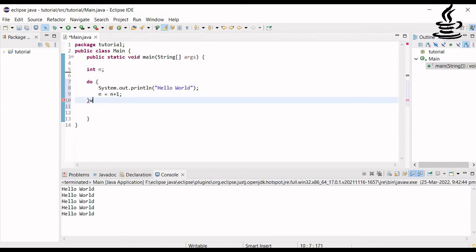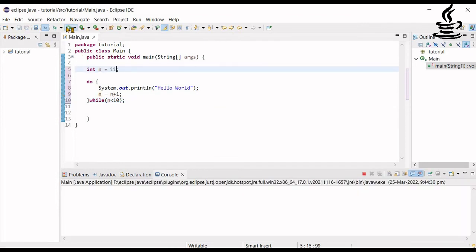Now we will write the while keyword and the condition within while, that is n should be less than, let's say, 10. Now if I define a value of n which is greater than 10, let's say 11,